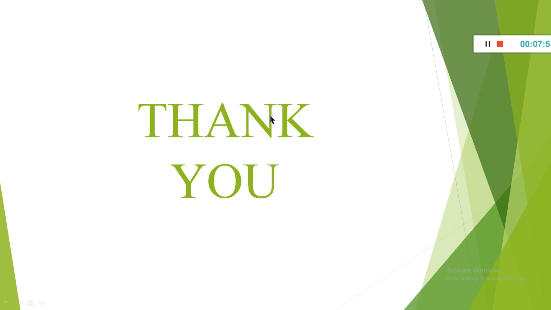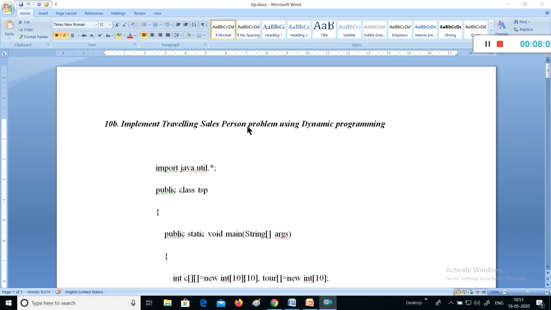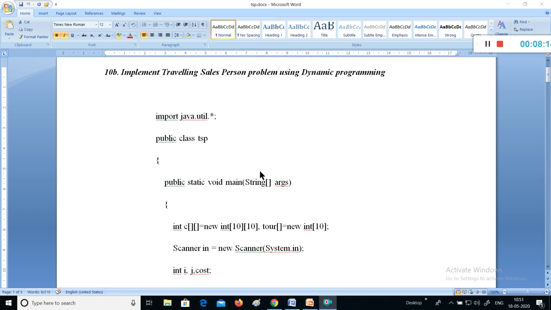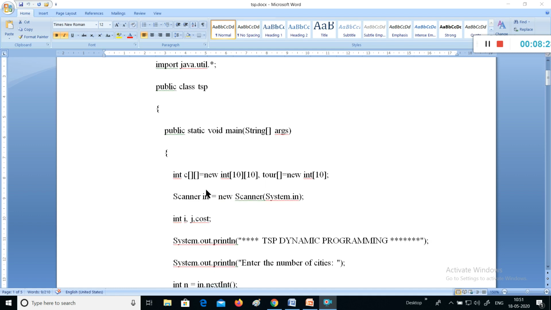Now we'll discuss the program, how it is going to be implemented in the Java programming language. So now we'll see the implementation of the traveling salesperson problem using dynamic programming in Java. Here are the header imports. We are including all the required packages, Scanner and IO operations, whatever is required to carry out the operation. All Java programs begin with a class, public class. The name of the class is TSP, traveling salesperson problem. And we are going to write the main program, public static void main(String[] args). These are the command line arguments received by the main program of Java.